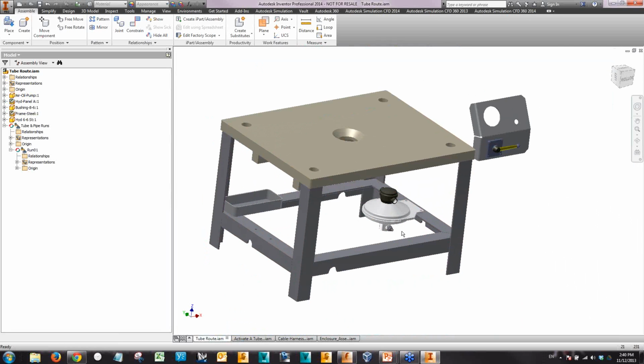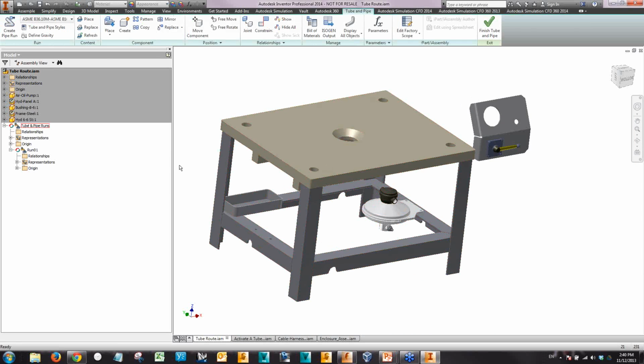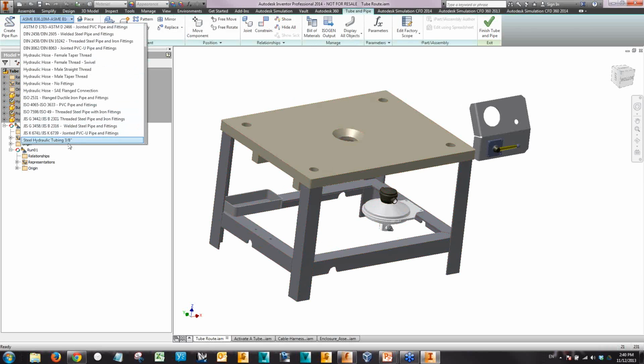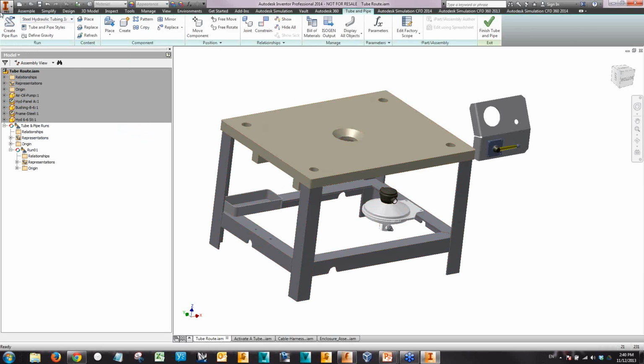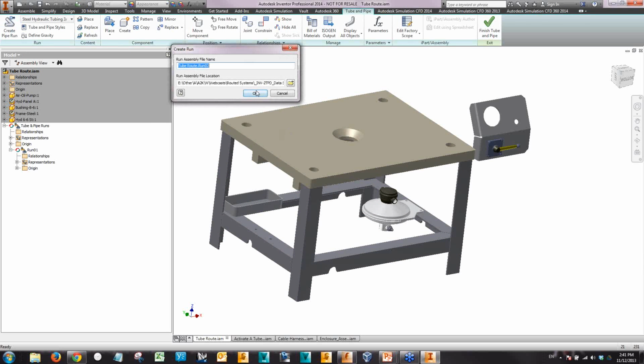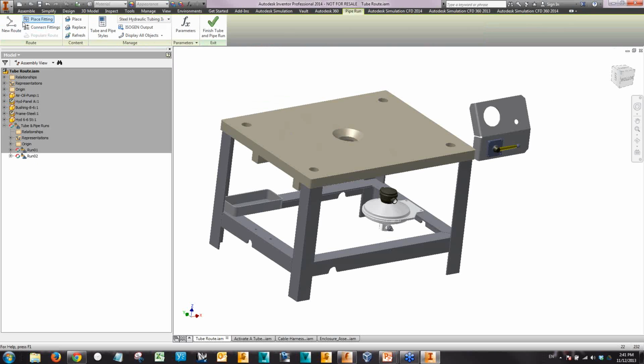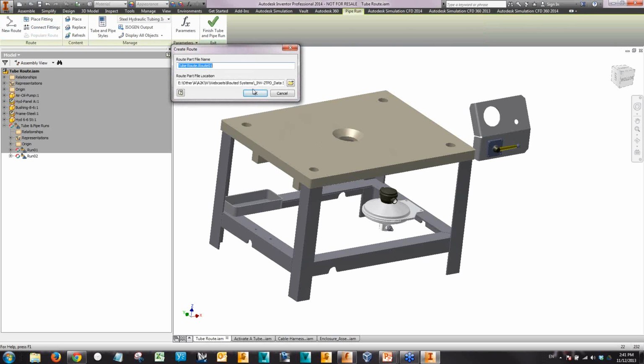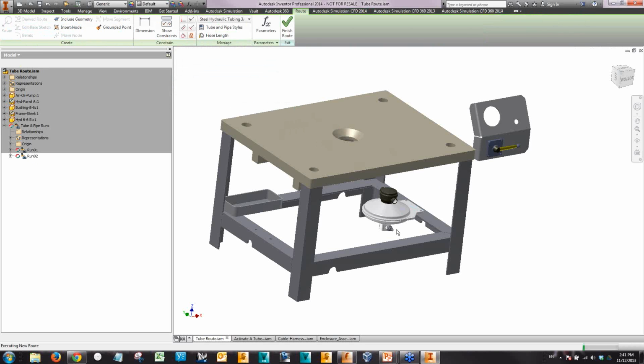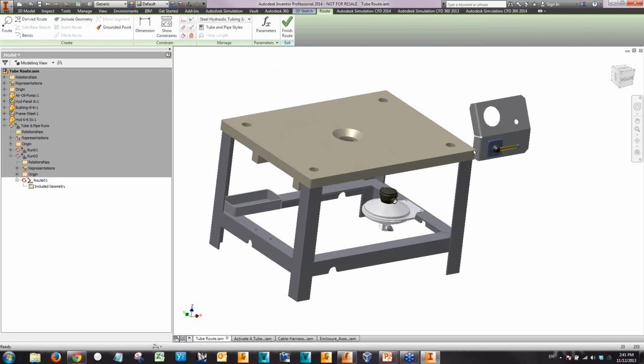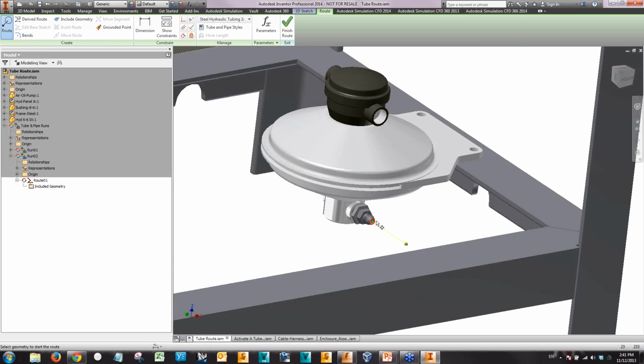And in this exercise we'll see how we can manually adjust the route path using different tools within Inventor. So again, we'll go to our tube and pipe runs, and this time our style is going to be steel hydraulic tubing, 3/8 inch. And I'm going to create a pipe run. And our route is going to be from this hydraulic pump up to our valve. So again, I'll click on route, zoom in,